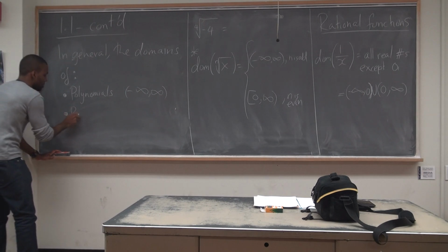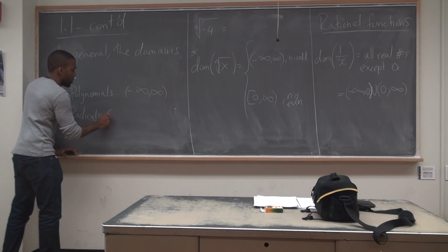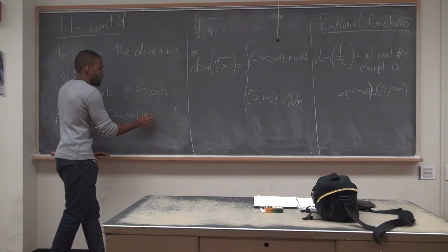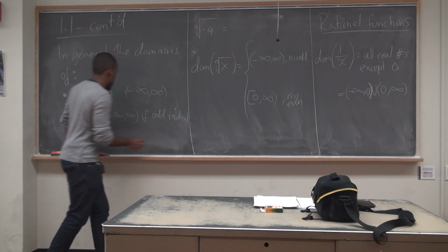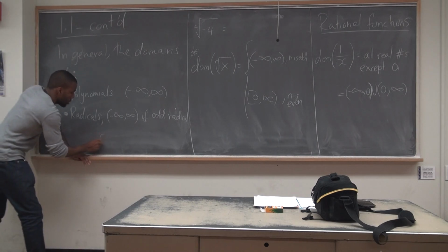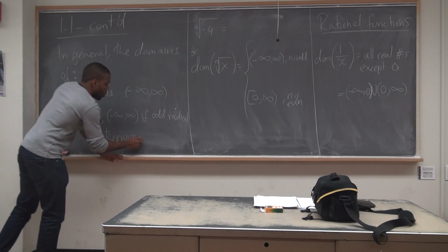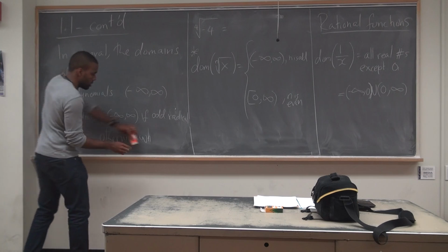For radicals, all real numbers if it is an odd radical, and otherwise, if n is even,